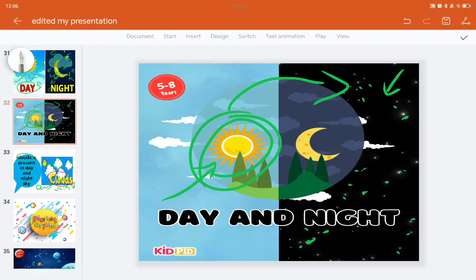We make a song for this point. What is the song? The stars are very, very far away, so they appear very small. But the sun is very big. Why? As it's close to us. So the stars are very, very far away, so they appear very small. But the sun is very, very big. Why? As it's close to us.